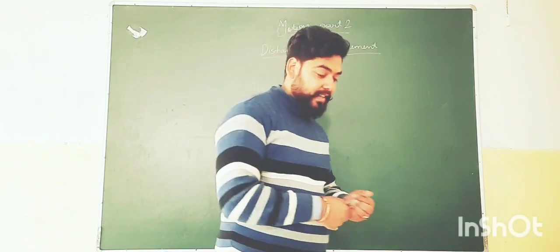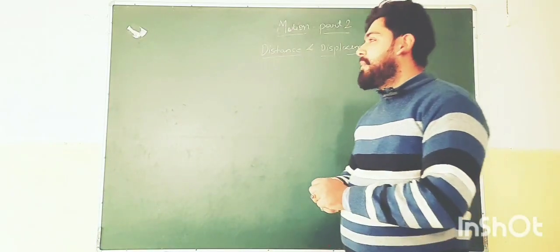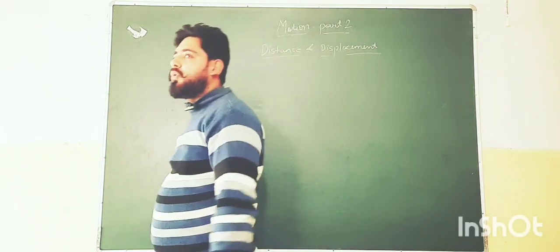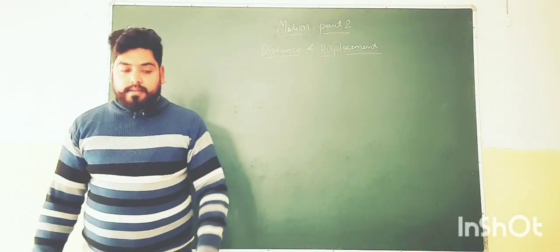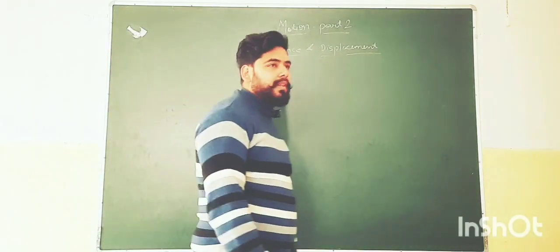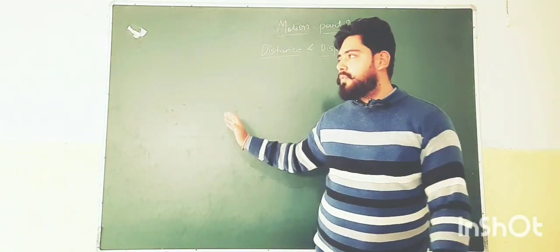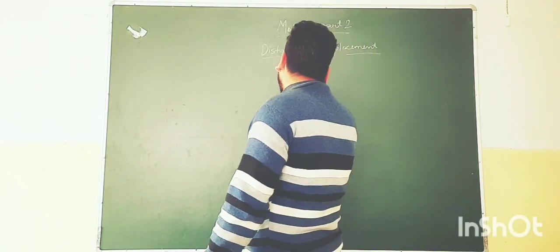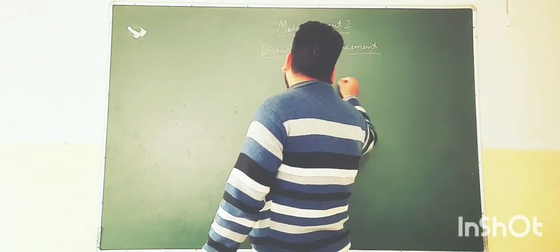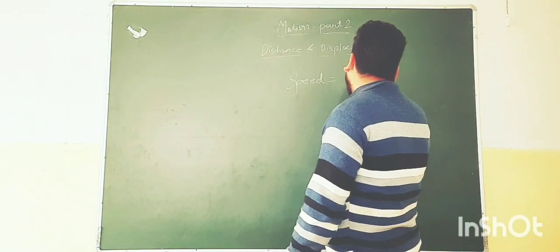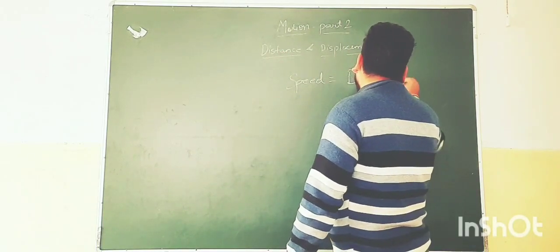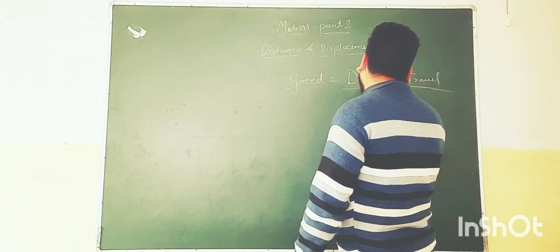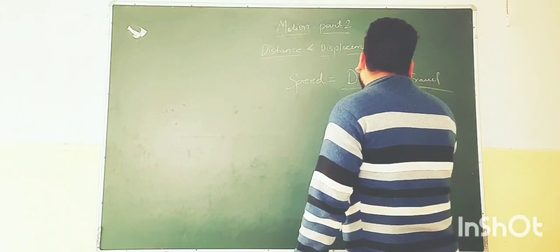We will clear it. Now, beta, uniform and non-uniform motion. For this, firstly we have to know the speed. That comes after the motion only, but to understand uniform and non-uniform, firstly we have to know the speed. What is the speed? The speed, you know, is the distance traveled over time taken. That is there, no? Distance traveled upon time taken.